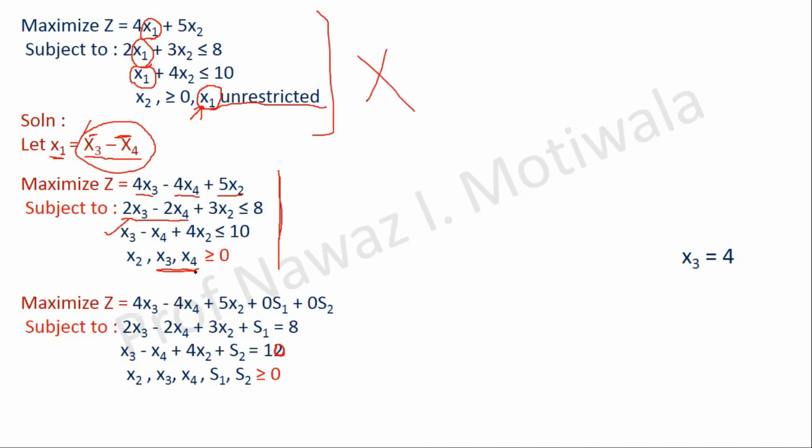So this completes it, and for those who will solve this problem, I have written the answers for your reference. You should get x3 equal to 4, s2 equal to 6, x2, s1, x4 as 0, x1 as 4, and z equal to 16. When you solve it by the simplex method, as you usually do, you should get these answers. So with this, I can say that we have completed all the types of the simplex method.